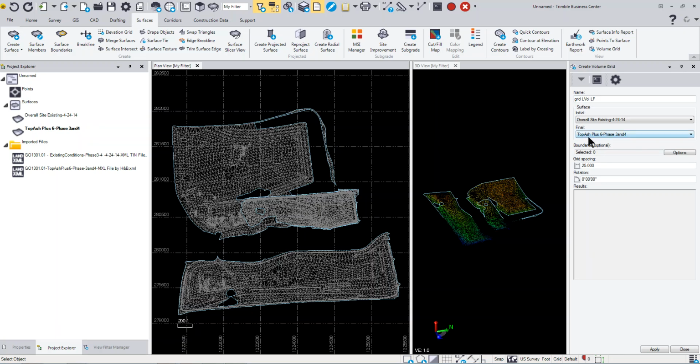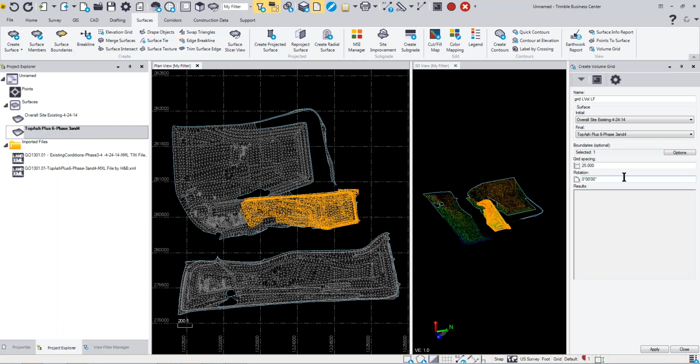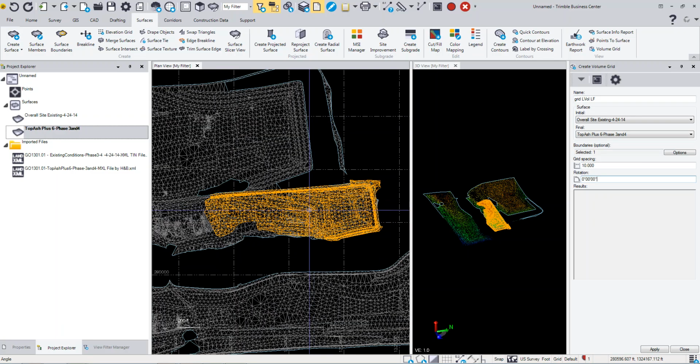So this happens to be a top of ash on a landfill. You can see the two surfaces here. Here's one, here's the other one. You can put a grid spacing, so the tighter the grid, obviously the more refined that surface is. So even if I did a 10-foot grid, I could put a rotation. This is pretty orthogonal, so we'll leave it the way it is at 0, and I'm going to click apply,